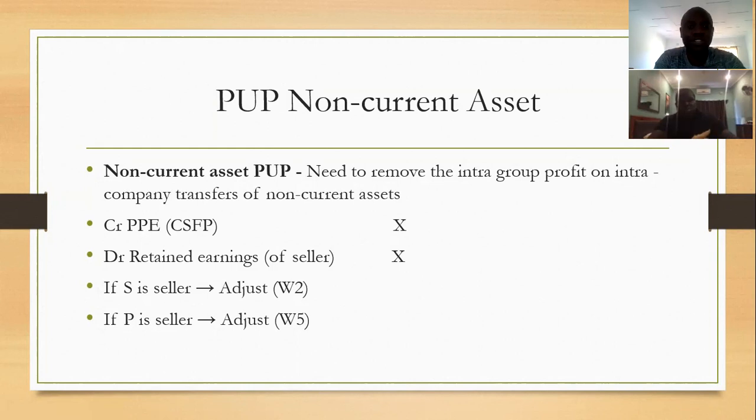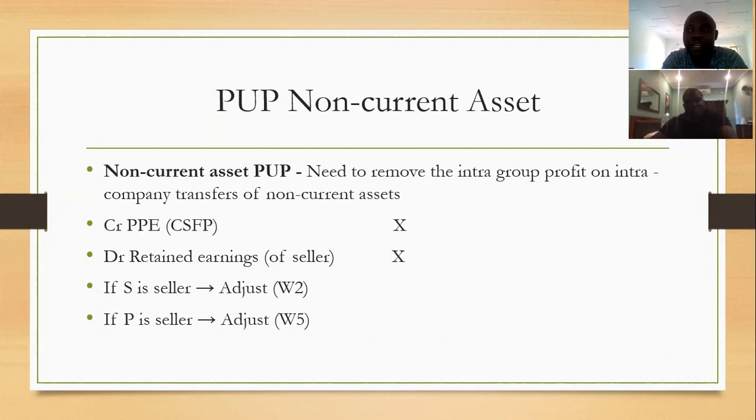So we now go to the unrealized profit, provision for unrealized profit, specifically focusing on the non-current assets, because what we looked at in the previous lecture was on the PUP inventory. But like I said at first, the principle is the same. Let's just